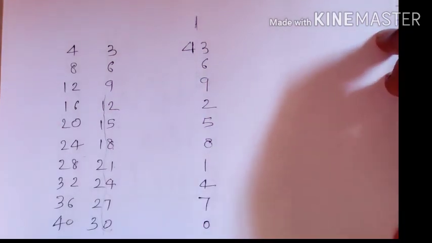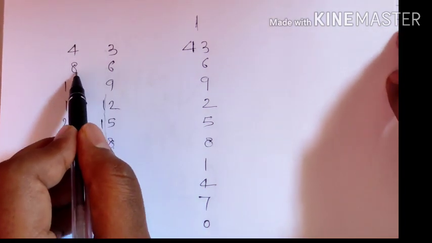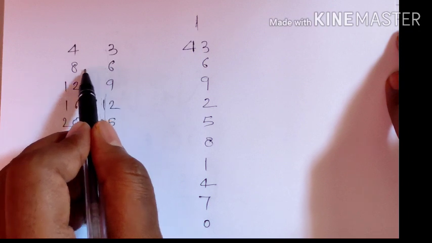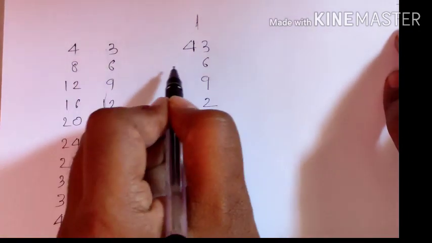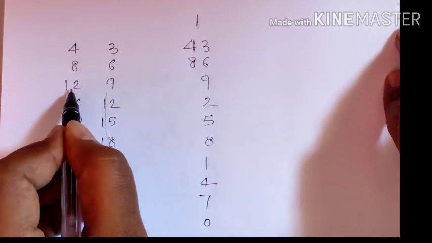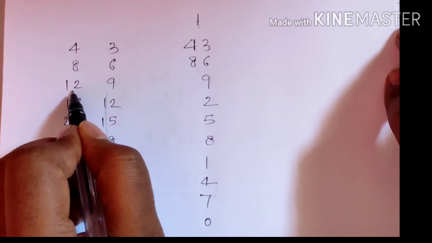Now how to find the remaining part? As these are single digits, you can take this 8 as it is. There is nothing to carry ahead. So this 8 also I am going to write as it is. Then this 12, because there is no other digit here, I am going to take this 12 as it is.